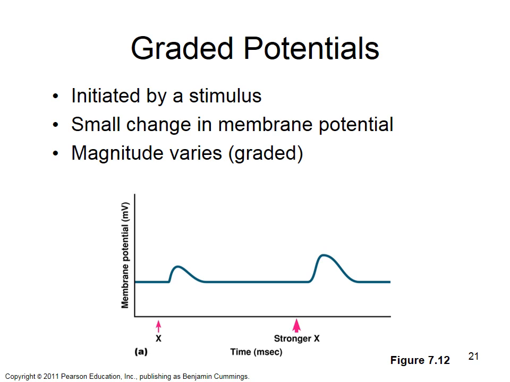Graded potentials get initiated by some sort of stimulus. What we're going to talk about for now is that stimulus being the opening of a ligand-gated ion channel. When we talk about the sensory systems, we'll talk about other types of stimuli that can cause graded potentials. But for now, we'll say a neurotransmitter binds to a ligand-gated ion channel. It opens for a little bit. Ions can move down their electrochemical gradient. But then that ligand-gated ion channel closes. We get a small change.